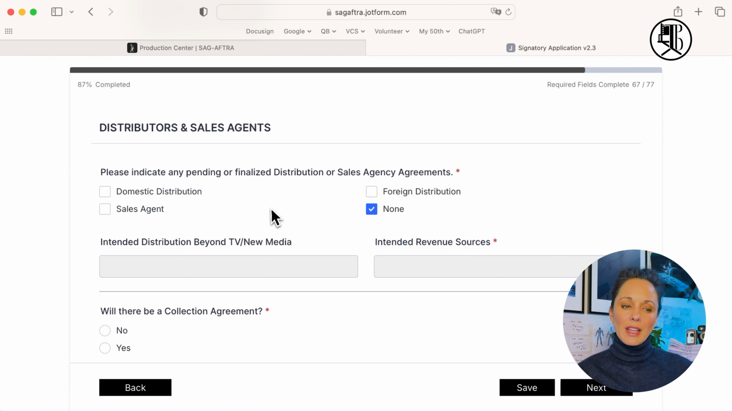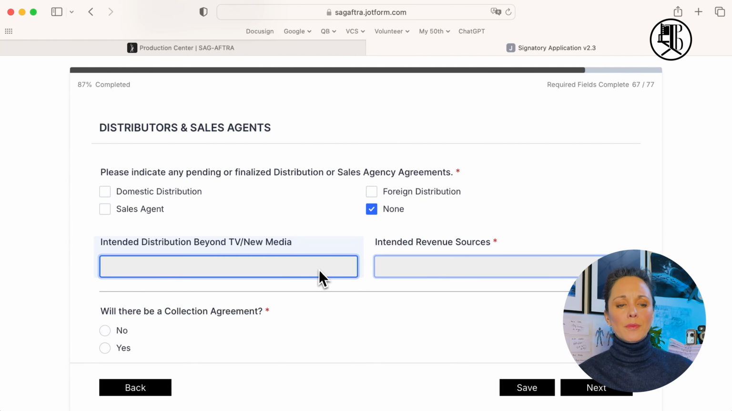All right, distribution, another thing. You can potentially have domestic sales, have a sales agent, foreign distribution. You can be in the talks. If you have all that, great, put it. If you don't, it's okay to put none. Since this is an asterisk, you don't have to put anything in there. And potential revenue sources,